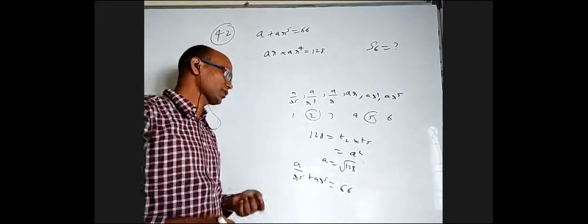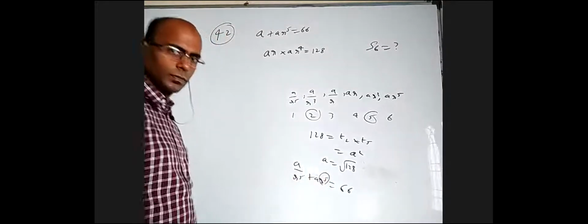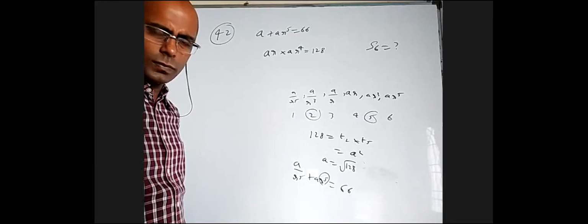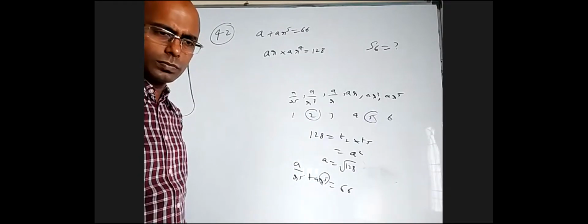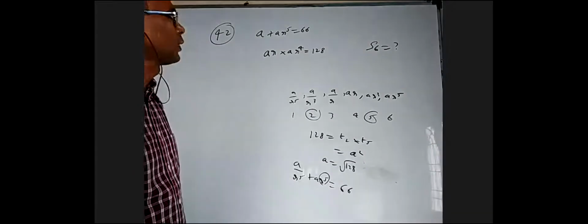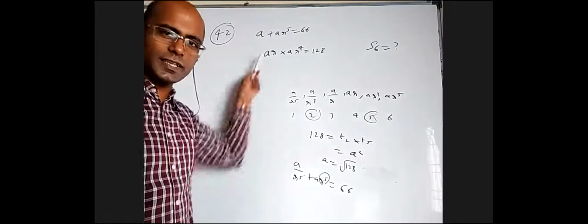You are saying basically you want to avoid r power 5, right? Yes, sir, that's it. R power 5, what do you want to write? Sir, 128 by a square, from the second equation. Second, ar into a into r power 4 equal to 128. Oh, after getting the a value, you want to put it here, you are saying. Yes. Okay, you are saying use this method also. That a is different, this a is different. You cannot put this a there.